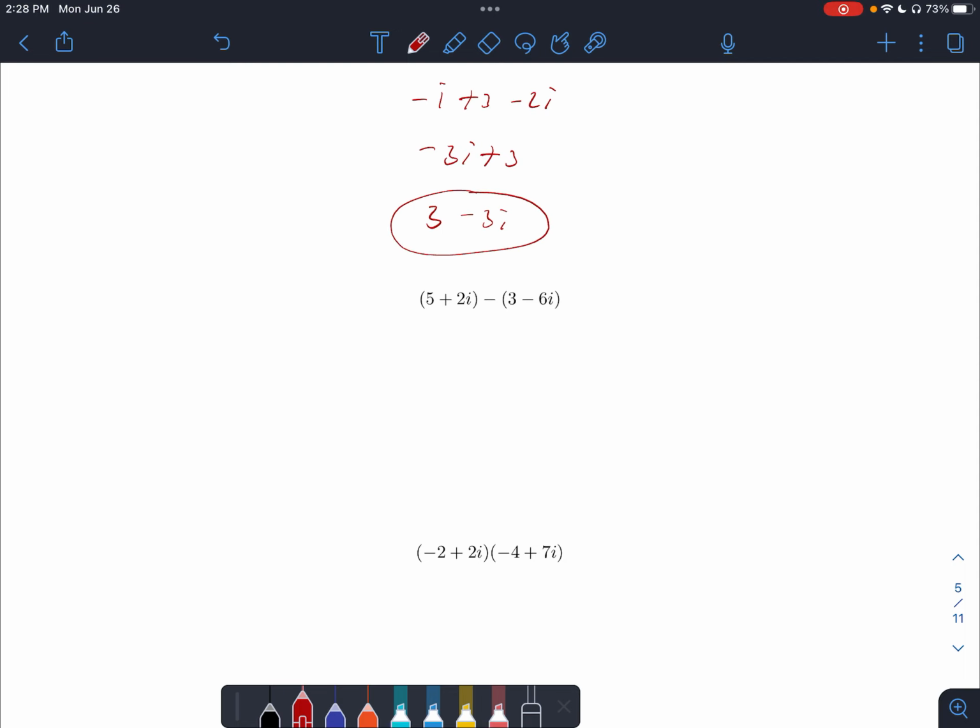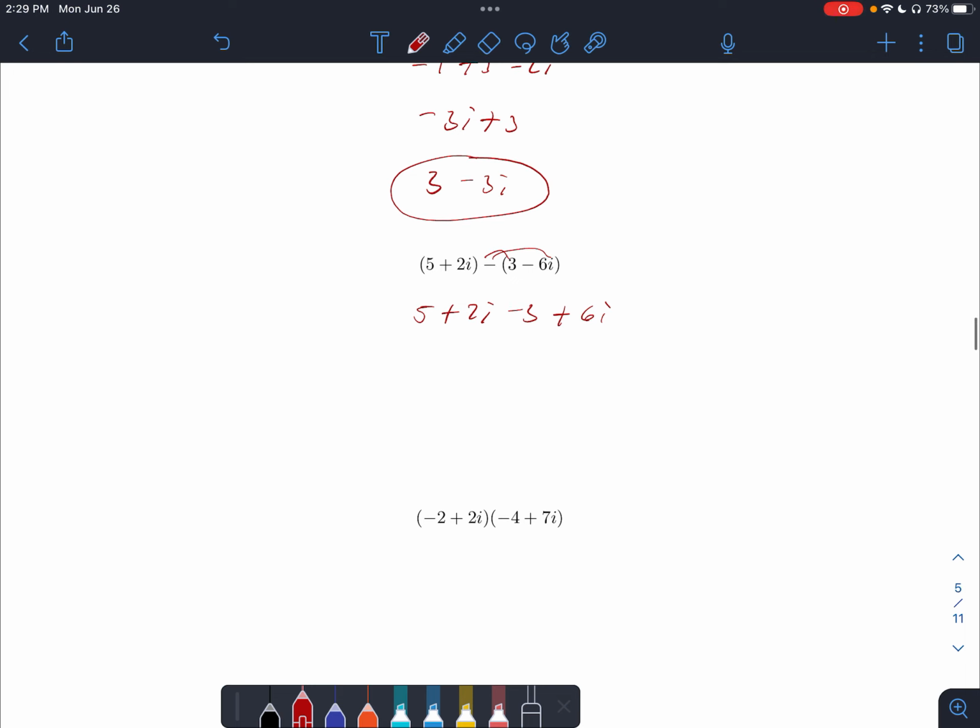Okay, so here, now all we have to do when we're subtracting two complex numbers, we want to make sure we distribute this negative. And we can do it like addition. So this will really be 5 plus 2i minus 3, if we distribute the negative, and then distribute the negative here. Then we have plus 6i. So 5 minus 3, that's 2. And then we have 2 plus 6i, that's plus 8i. Okay,